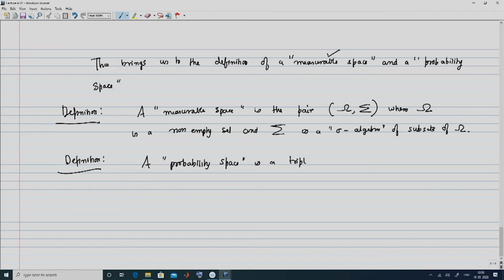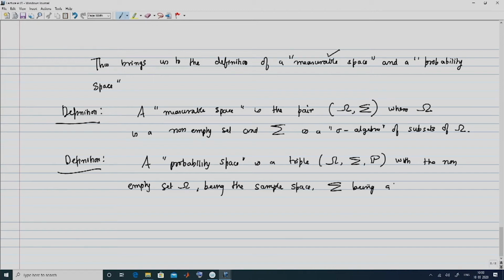You recollect the earlier probability space only had omega and P, but now we have omega, sigma and P, with the non-empty set omega being the sample space and sigma being a sigma algebra